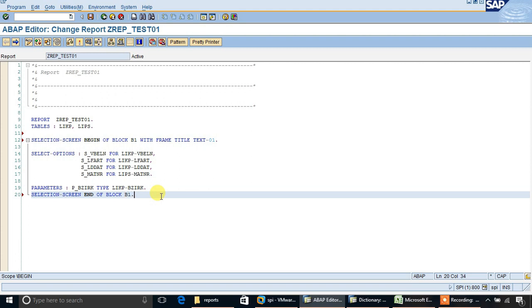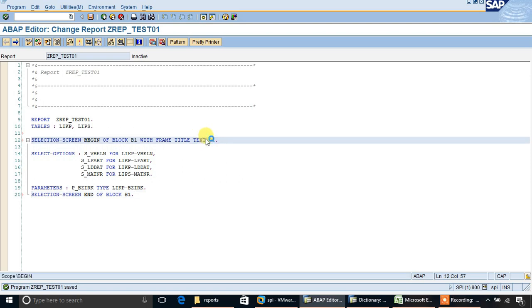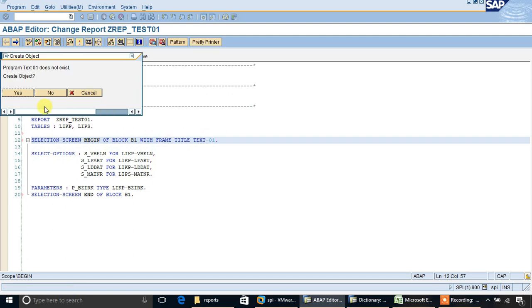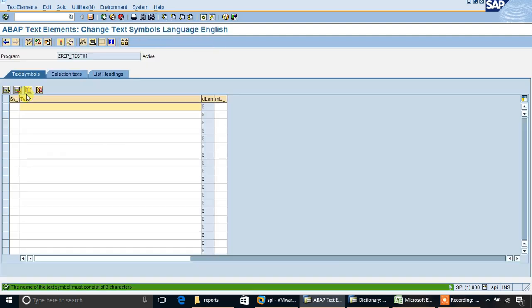Now save it. Here we need to create text 01. Click on text 01. Create it and write the description of the text.